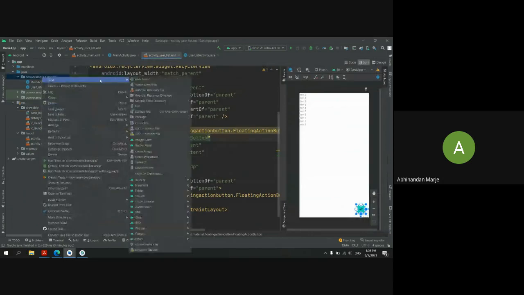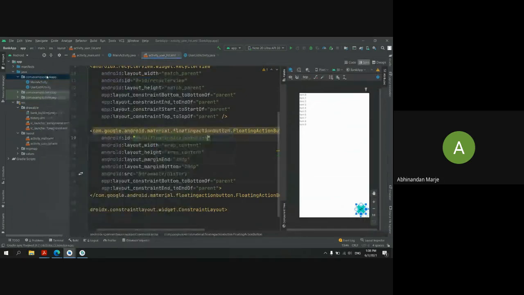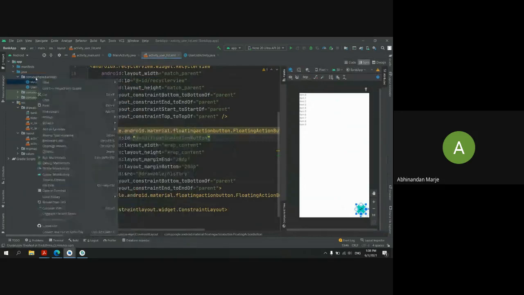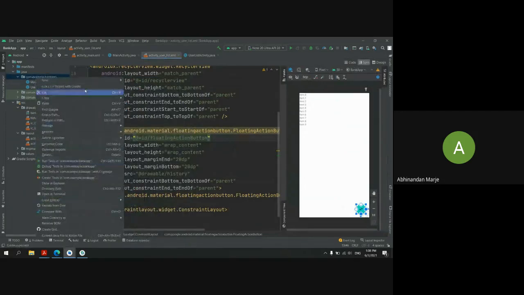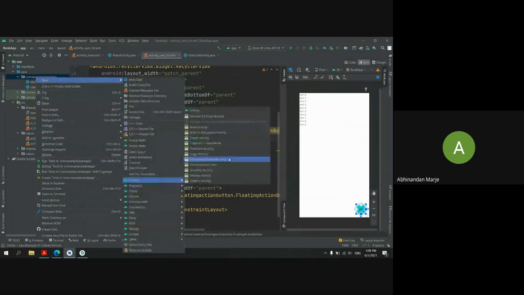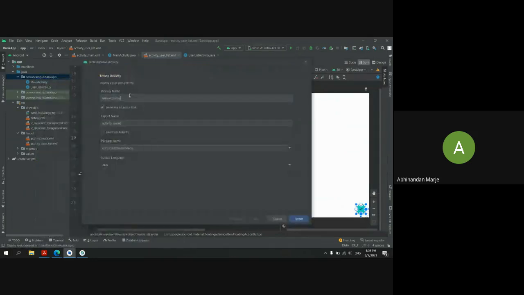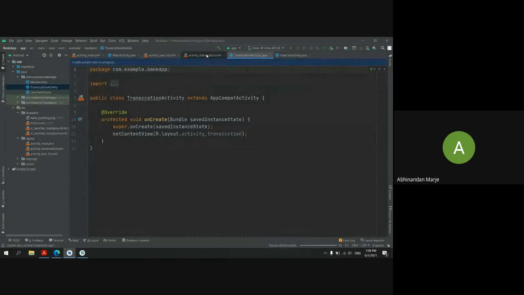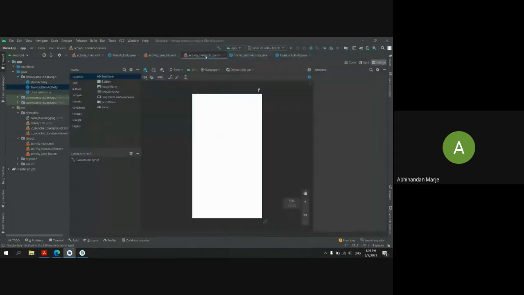So I will create one another, sorry, new activity. For now, I don't want to set any layout here. I will just navigate to it.